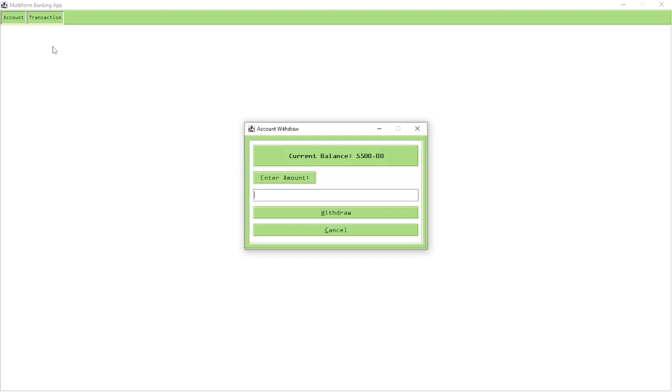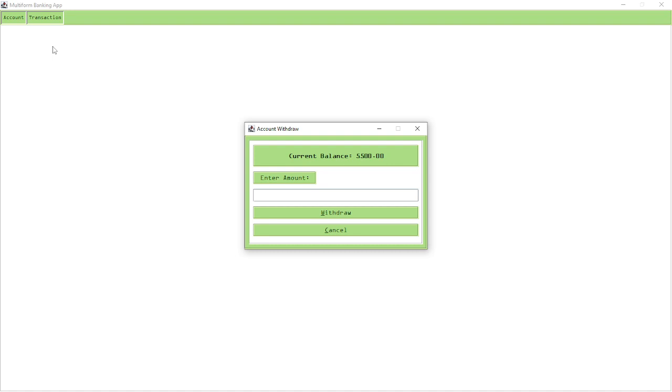Deposit complete, and that also reflects on our balance inquiry, showing a 5,500 pesos total balance. Now let's move on to the withdraw. So the withdraw feature basically offers the same functions as the deposit, with the difference being that instead of adding to the balance, of course, it takes from the balance, it withdraws money from the balance, so it reduces the amount